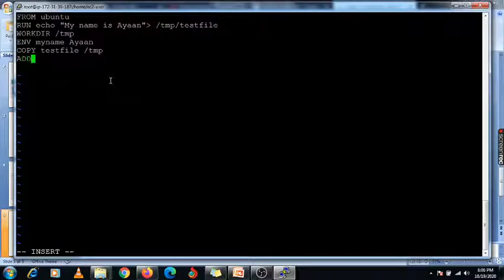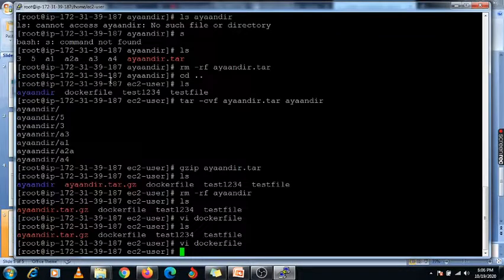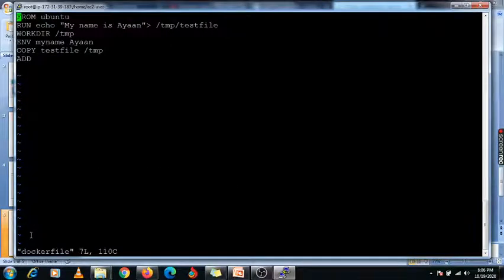Now I'm going to use ADD, and you need to specify that zip file name. Enter it. Specify under /tmp. So when our container is created, whatever zip file is available will be automatically extracted using this ADD concept. Okay, now I am going to save it.